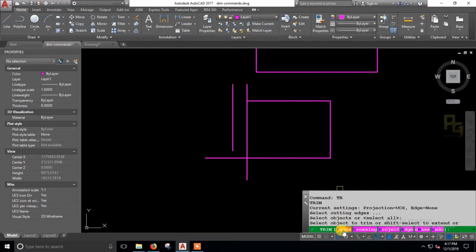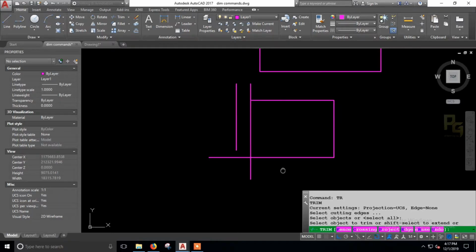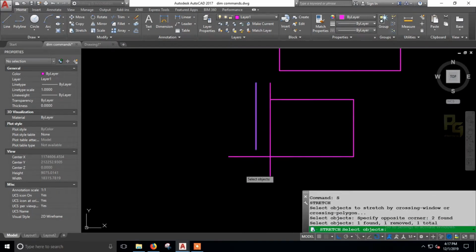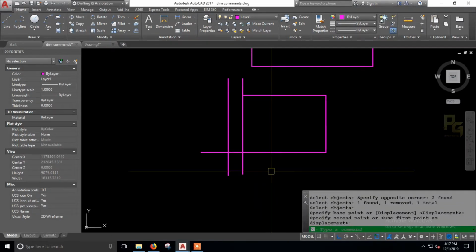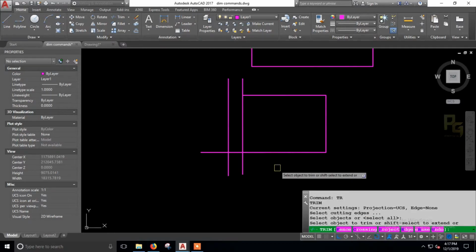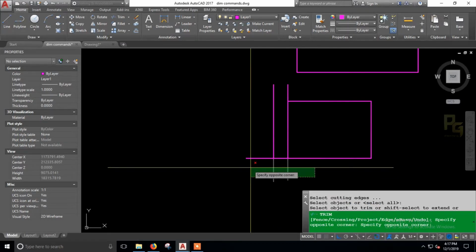The major 3 options here are, the first one is fence, the next one is crossing, and the next one is edge. First I am going to show you how crossing works. Normally the default setting is crossing, so you don't need to select crossing separately. You just need to enter the command. The default option chosen here is crossing.